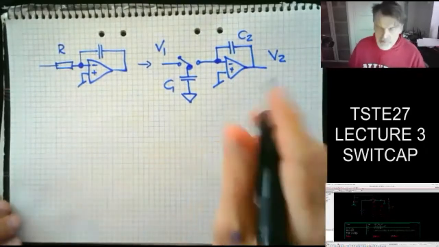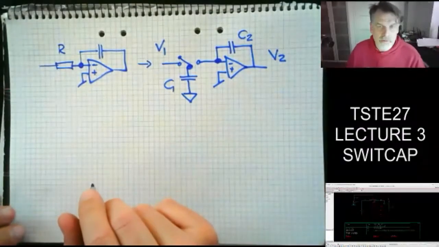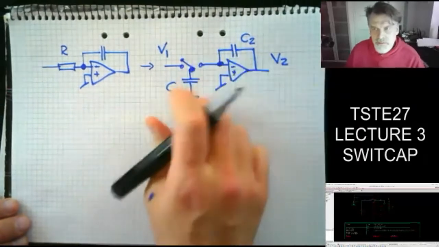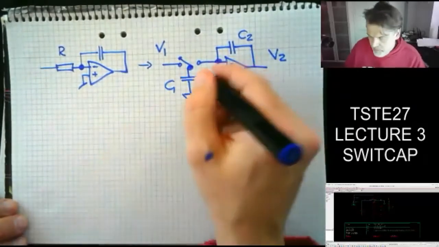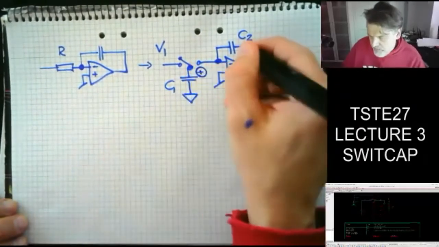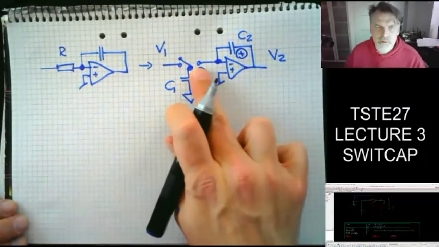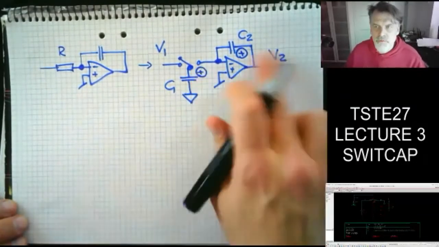Okay, and now it's quite good to indicate a direction, or at least a reference direction, of my capacitors. It doesn't matter where you put the reference, as long as you let them be there for the rest of your analysis. So I'm going to assume that the positive end of the capacitor here is pointing upwards